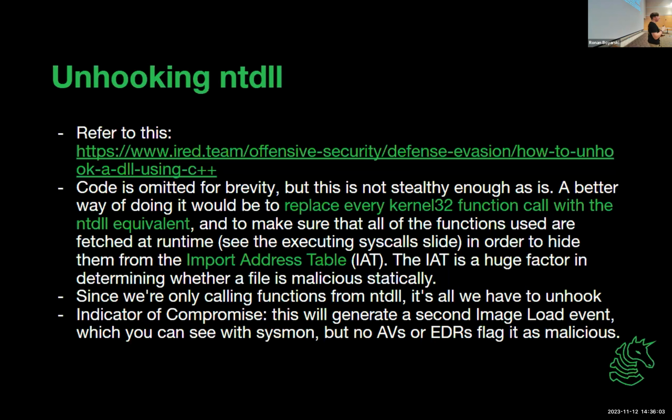He came up with one of the initial examples of this, I think. And you can just copy paste that C++ code if you want, but there are some adjustments you're going to need to make if you want to actually be stealthy. What that one does is it basically unhooks NTDLL using totally normal stuff. It'll grab the functions as intended, and you don't want to do things as intended. You don't want to link it at runtime using the technique I mentioned earlier, and you want to convert all the functions there into their NTDLL equivalents, like we've done already. So for example, that one calls VirtualAlloc, and you could instead use NtAllocateVirtualMemory